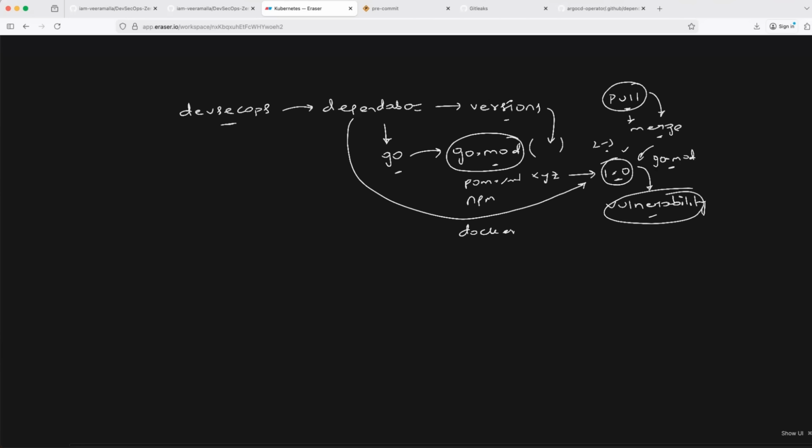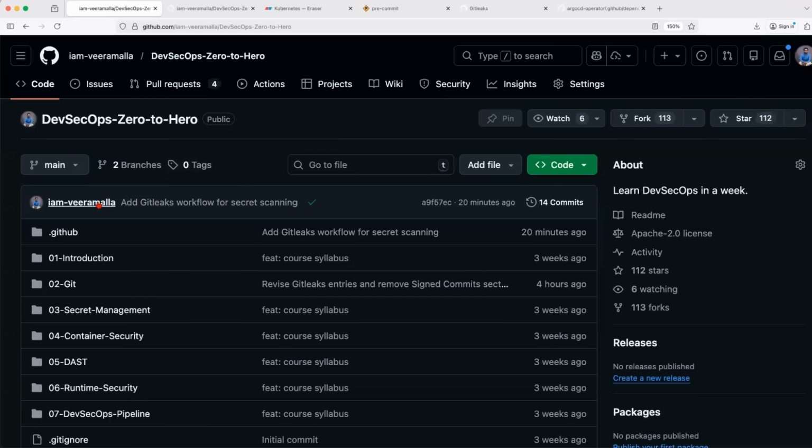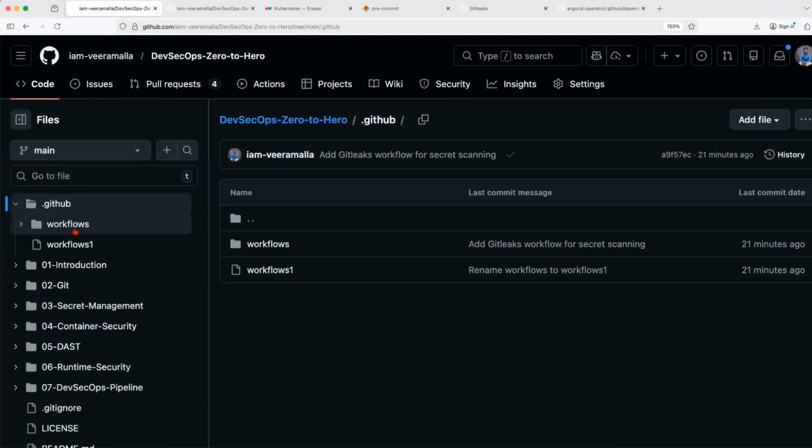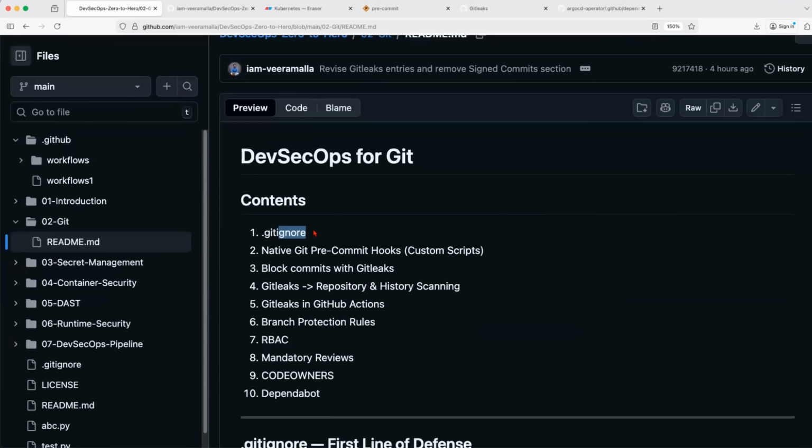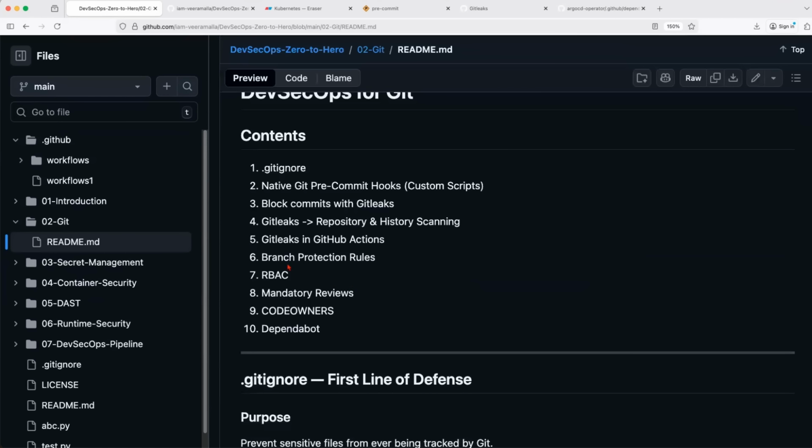So these are 10 common patterns that DevSecOps engineers follow within the organization. .gitignore, pre-commit hooks, Git leaks, repository scanning, integrating Git leaks into CI/CD, branch protection rules, RBAC, mandatory reviews, code owners,